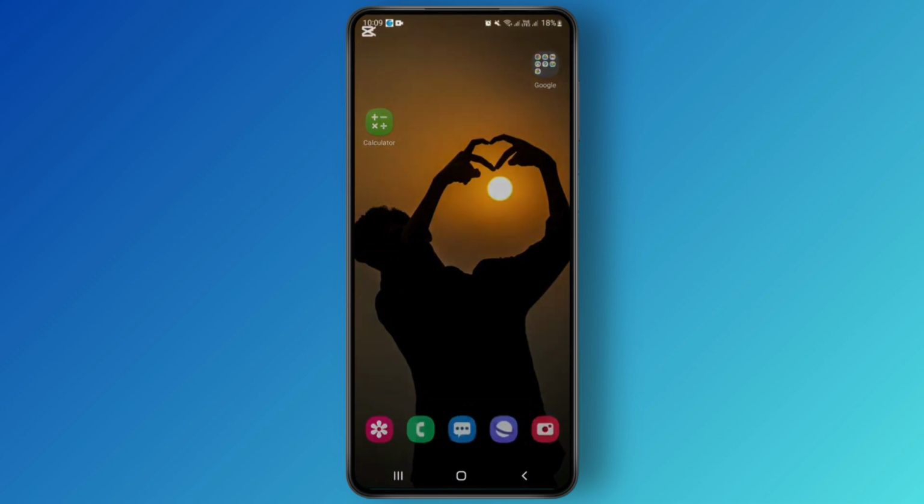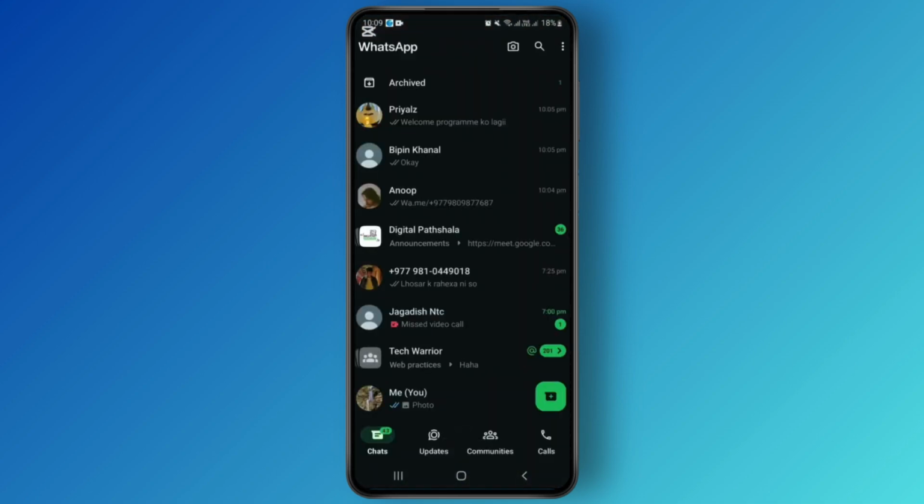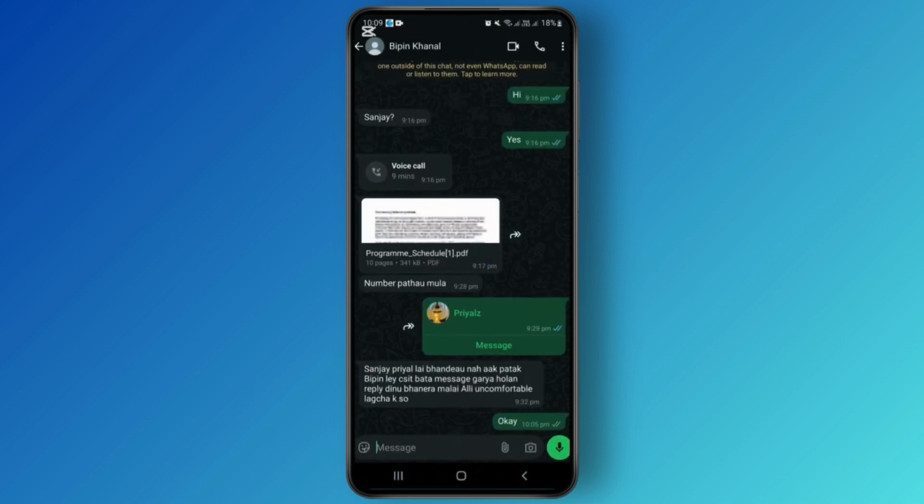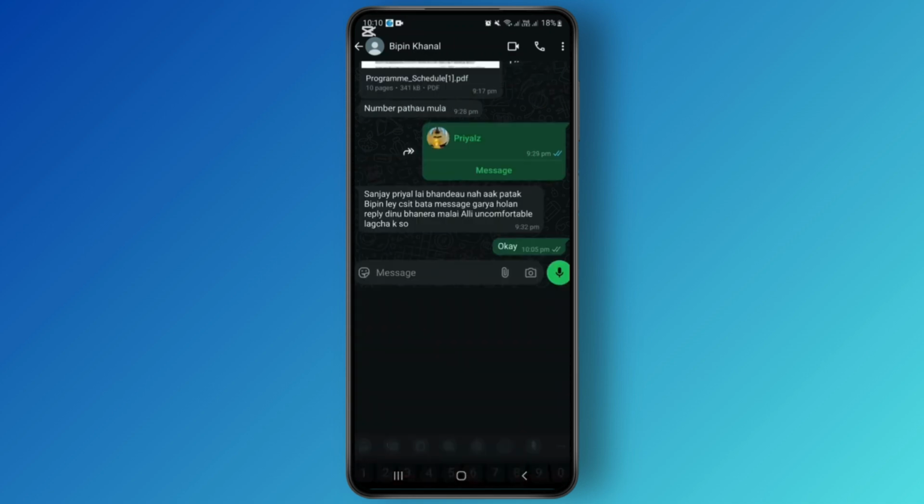So I'm simply opening WhatsApp from here. From here, you will have to just select a conversation with whom you want to send your WhatsApp link. So I'm simply opening this conversation. From here you will have to type this accordingly to share your contacts. So the text will be like